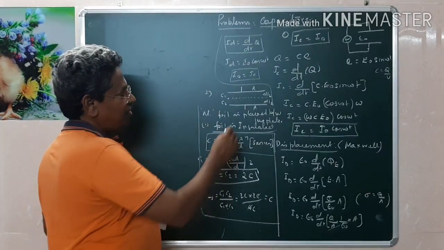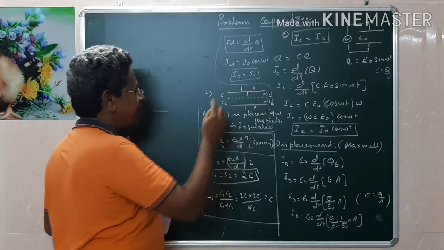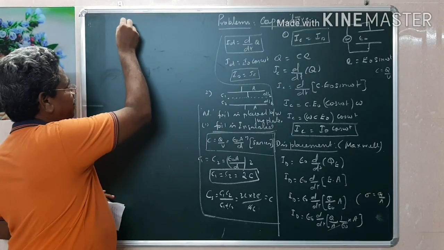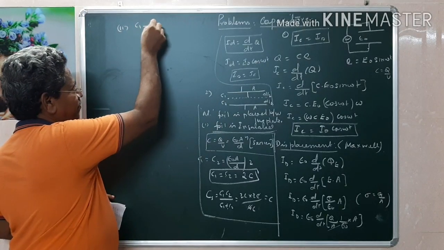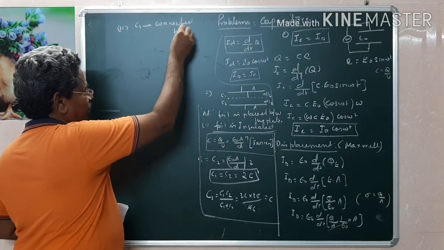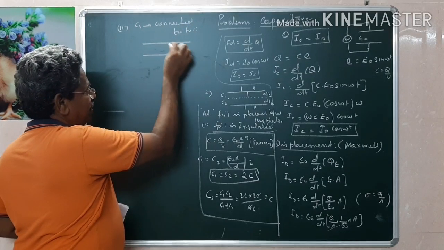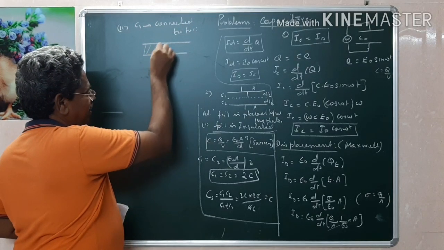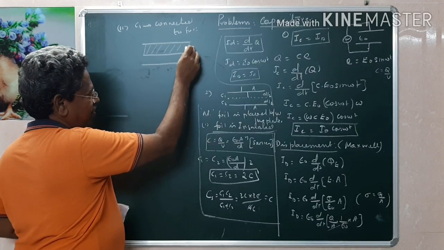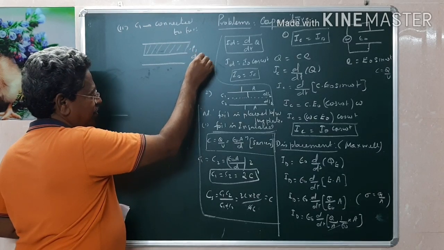Suppose one of these aluminum foils is connected to one of the upper plates, electrically connected. Case 2: suppose it is electrically connected. If C1 is connected to the foil, then this entire region will become one plate, and this will be another plate. All of this becomes plate 1 and this will be plate 2. Now the distance becomes d by 2.